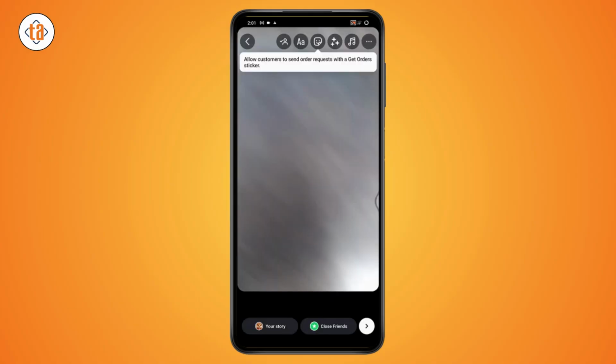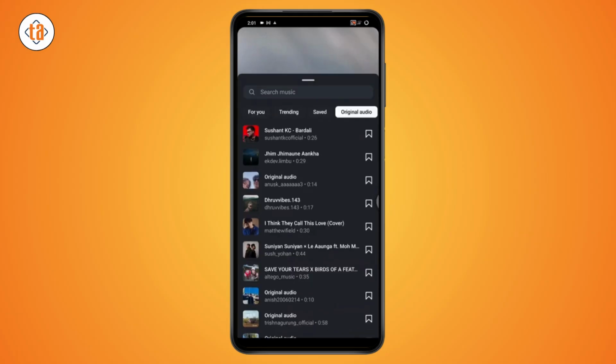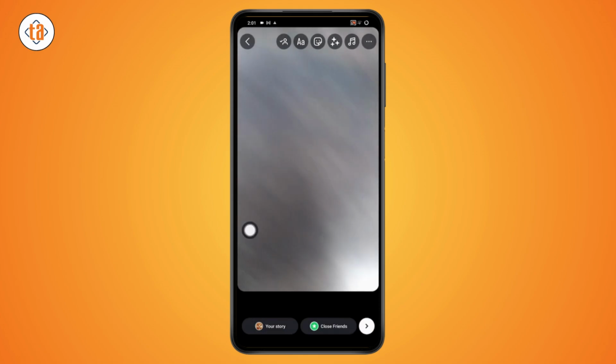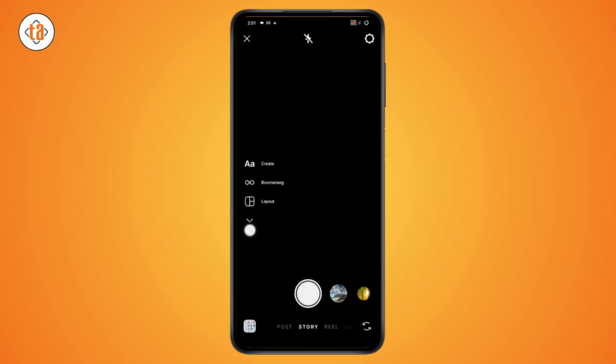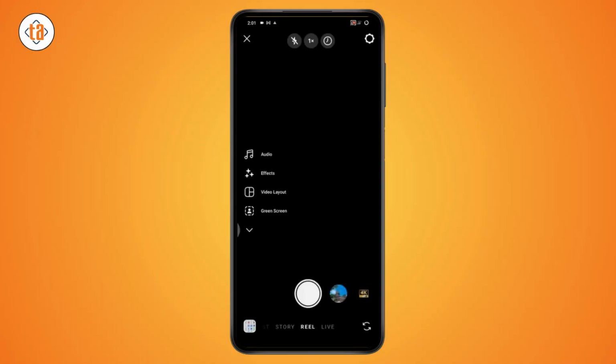Now after taking something, if you want to add a voiceover, you need to go with the top right, which has that three dots. Here you may have an option, or you can also just simply go with music. Or if you don't find the voiceover option, then you just need to simply go back and select the reel section or a post section. So you'll have reel, tap on reel, and then go with the camera, go with next,